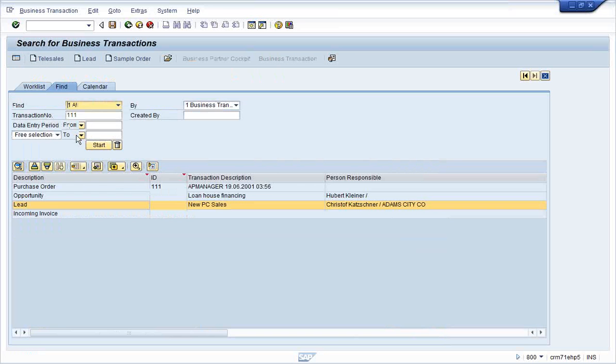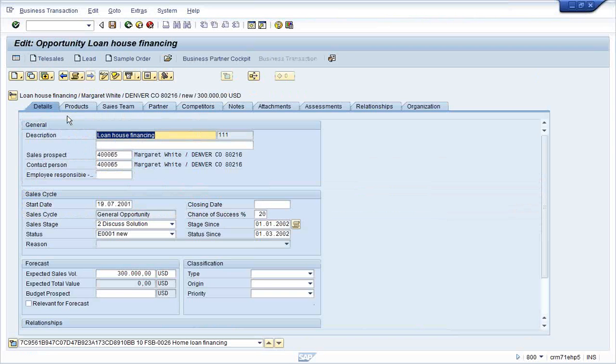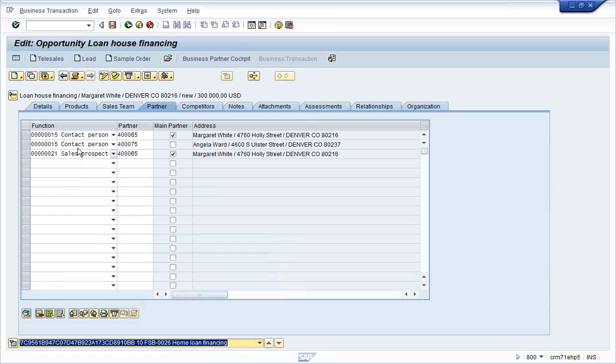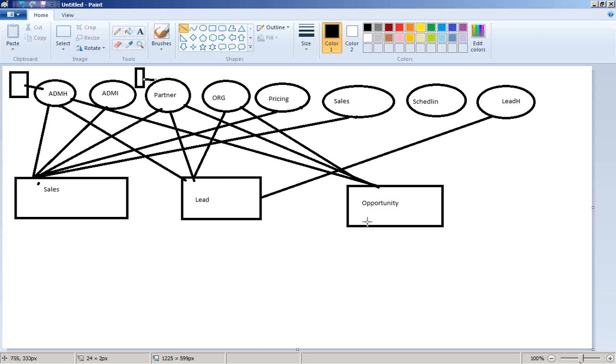Now when I open opportunity, the number of tabs which have to be determined for opportunity are determined, and those many tabs are displayed here. The data is segregated into several tabs or data sets, you can say, right? Here also you have partners. Here it is showing a different number of partners. The table associated with the partner is the same, and that table stores all the data of a lead, opportunity, sales order, service order, whatever is applicable. It will store the data related to that transaction. So there are common data sets also. So this is how the one order model is designed.